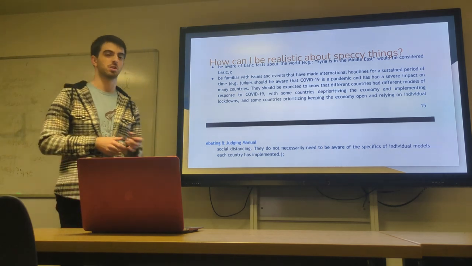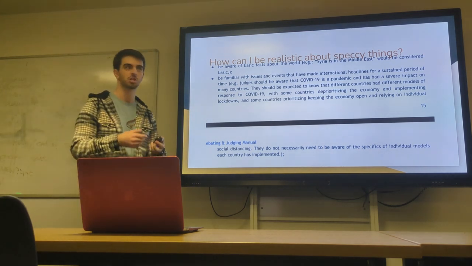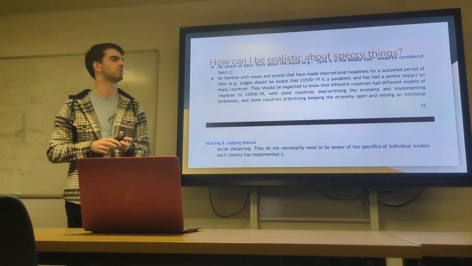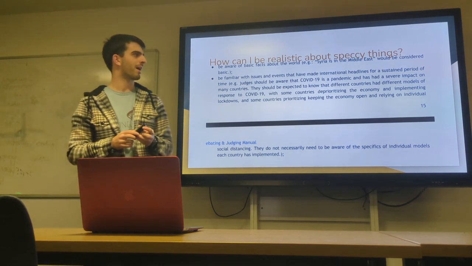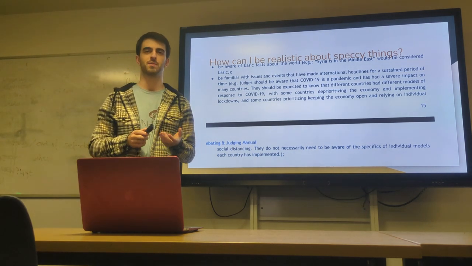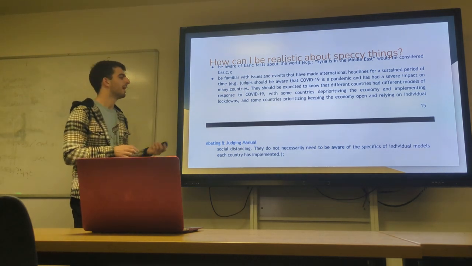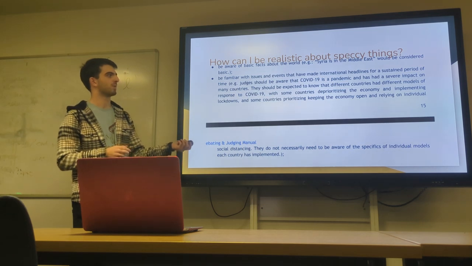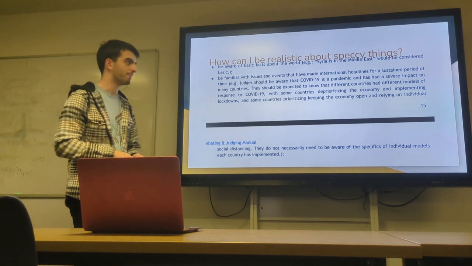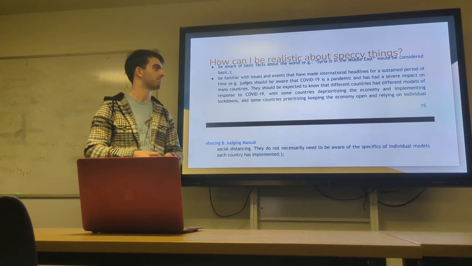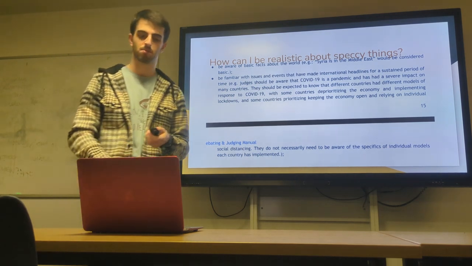Sometimes you want to go with what the judging manual says, in which case you can just flag the judging manual and tell judges that they're allowed to look at it. It's kind of a grey area, but I think they should be able to, because I think it's stupid if you can't look at the rules on how to judge whilst you're trying to judge, and you can tell judges that too. Or equally, you can just scrap that and say some other stuff if you don't want to look at the judging manual.